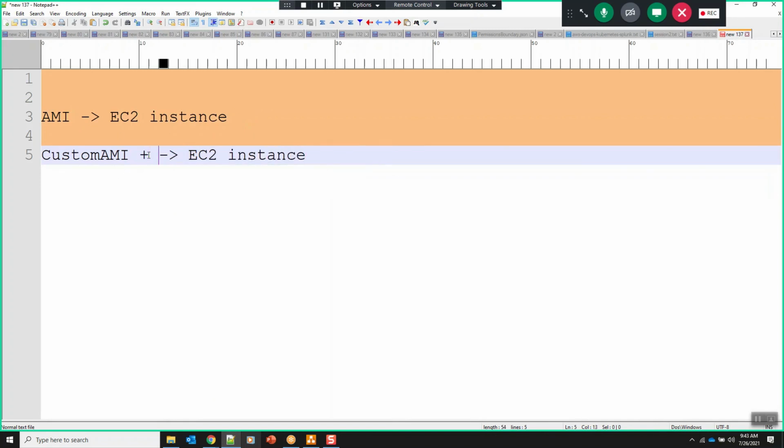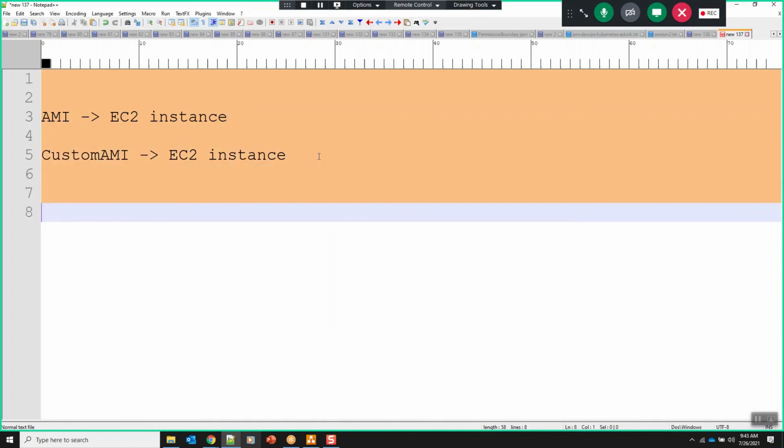So the EC2 instance configuration is the combination of AMI configuration plus the initialization configuration, whatever we give when we are starting the EC2 instance.